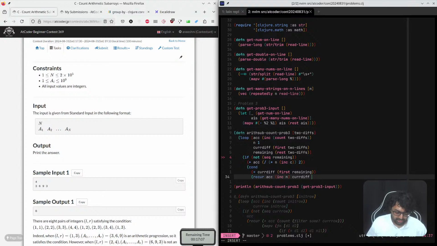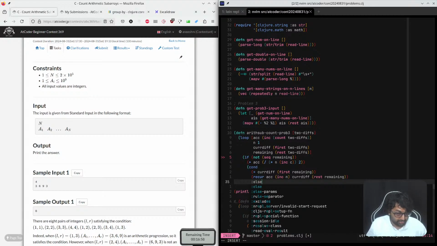Current difference is fine, and the rest is remaining. And if it's not,